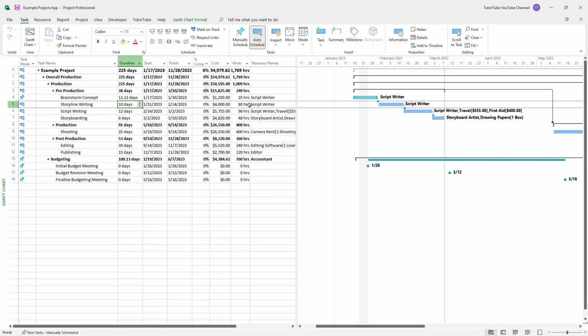But let's say I want to assign another resource to this so that the work is done faster, and I want Microsoft Project to calculate everything automatically. So that means if I assign more manpower to it, then the days should reduce